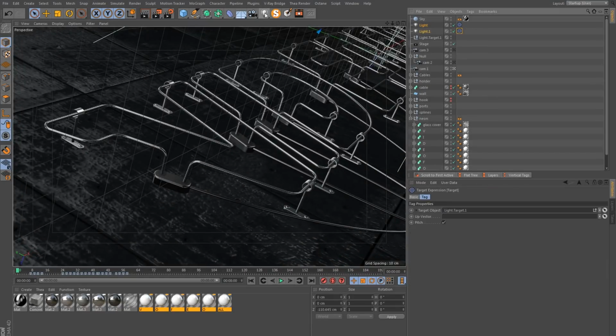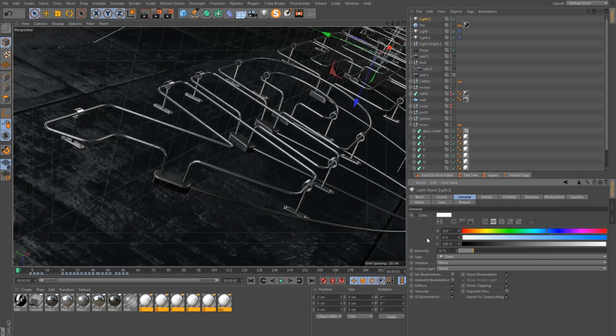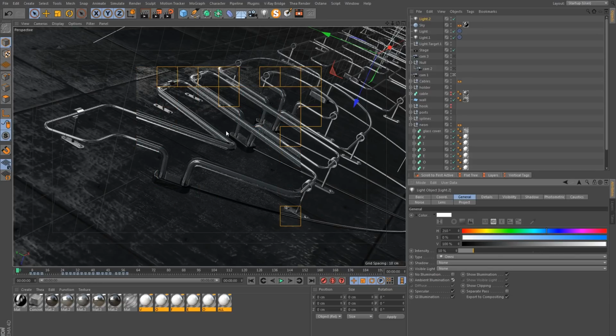And another light will be set to about 10 for intensity, but it will be ambient illumination, which illuminates everything equally. And let's see what we get. And the white tube just starts to appear a bit better there.